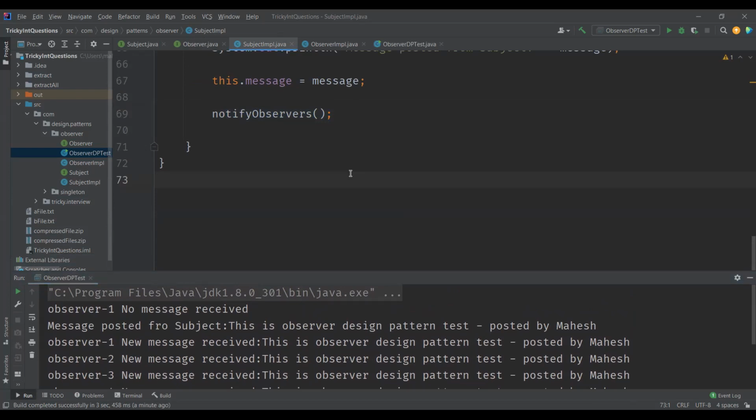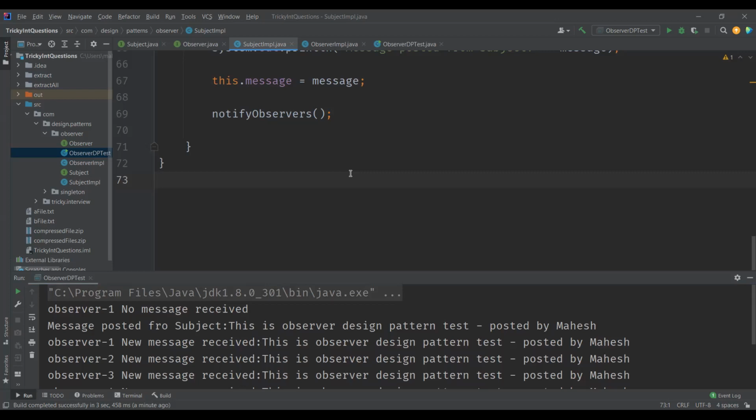And coming to the real life use cases of this pattern, it is used in GUI toolkits and event listeners in Java. If you take a button and on click listeners, they are modeled using the observer design pattern, where the button is the subject and the on click listeners are the observers. Other examples are social media, RSS feeds, and email subscriptions, where you're given a choice to subscribe for updates. Those are the real life use cases.